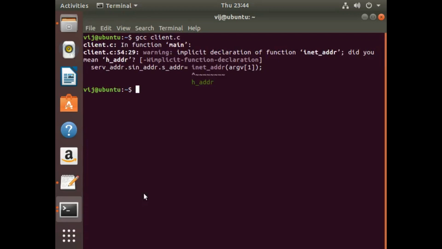It's just a warning, I think. Doesn't matter. So I execute the client, and at the time of execution, I have to pass an IP address of the server. I will use the same loopback address over here, and then the port number at which the server is running or accepting the client request. Once we execute, we have to send a message from the client first. So I'll send a hi.